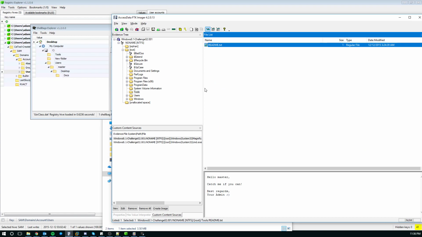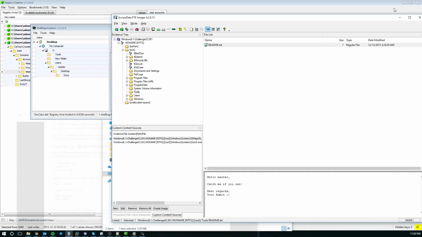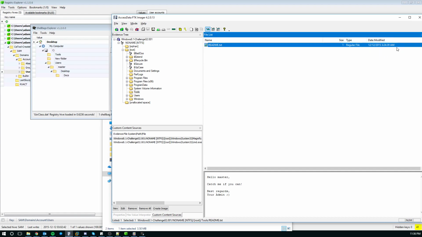Interesting. So that's the same note from the challenge. Let's go there. So same thing. We know that now it's in the C tools folder, and also that it was created on 12/12/2015 at 3:24 a.m. This is offset. The actual time zone on this machine, I later found out, was UTC -8, which if you translate this comes back to December 11th, 2015 at